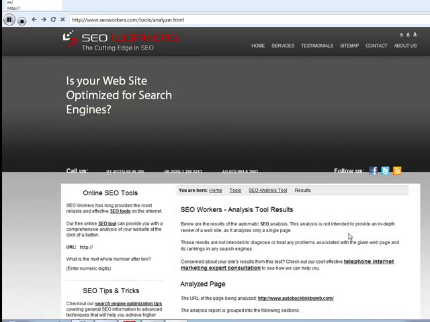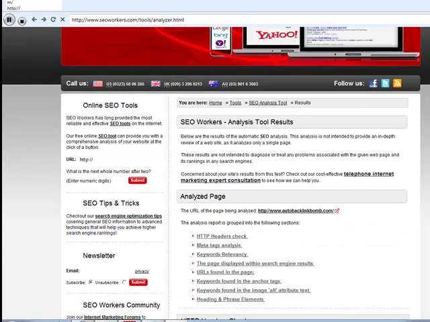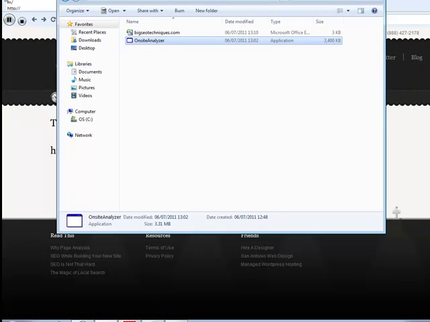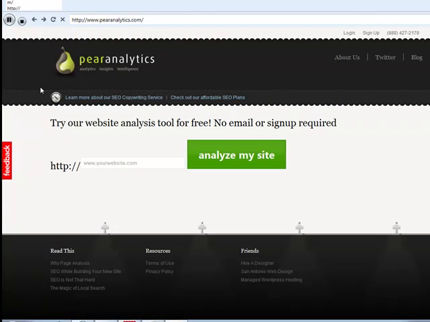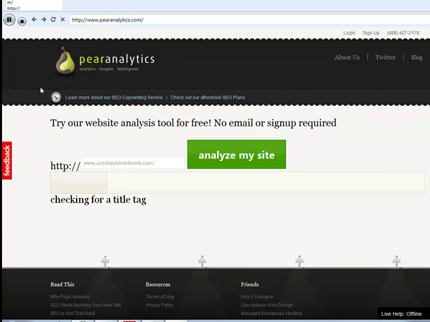Now we're going to be looking for another report called autobacklinkbomb.com, which will be saved in here. And of course, if you had more URLs, guys, then you'll have more and more reports being formed named after each URL. So we're going to be doing autobacklinkbomb.com on this one now. So as you can see, guys, we are checking everything on here. We're waiting for this website to get everything done from autobacklinkbomb.com, and I think this website makes a number of requests to a number of other websites as well to get these done. I think the autobacklinkbomb site does take a little longer to load,